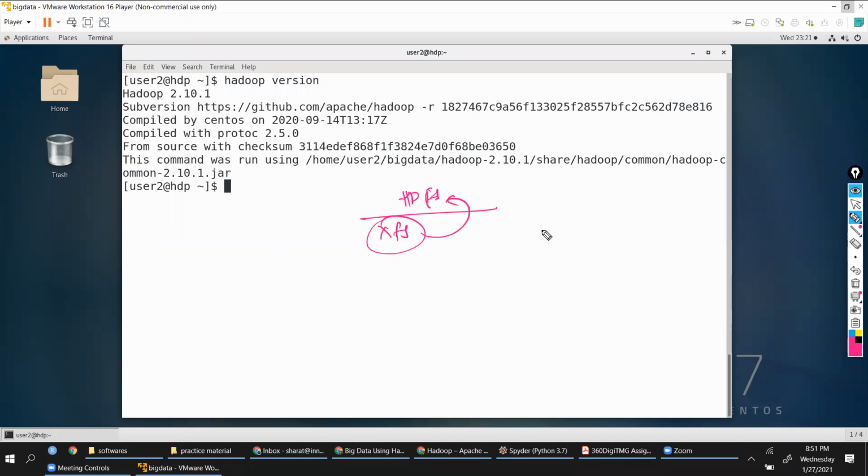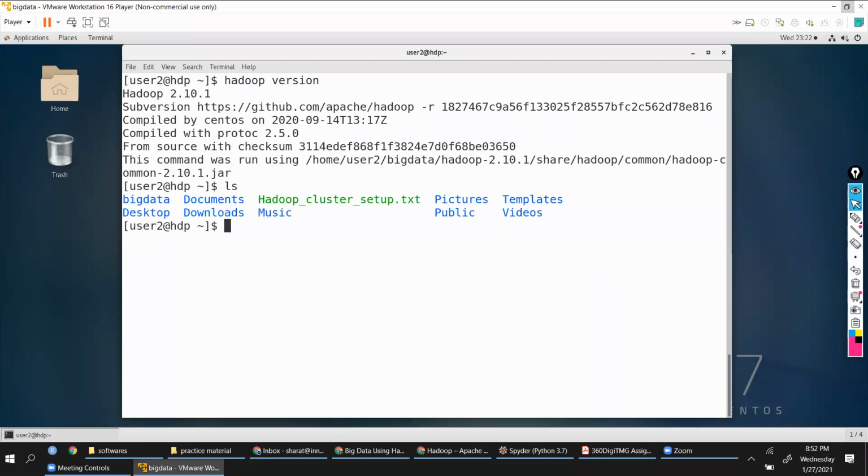Now in XFS, the Linux file system, everything starts from root, and then you'll have a bunch of subdirectories. Same way here also we'll have root and then subdirectories. Now I want to see the file system content. So generally we say ls to see the content. ls is the command. Now if I want to see the content which is there on the Linux file system,